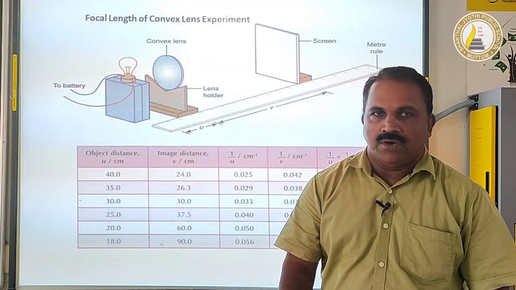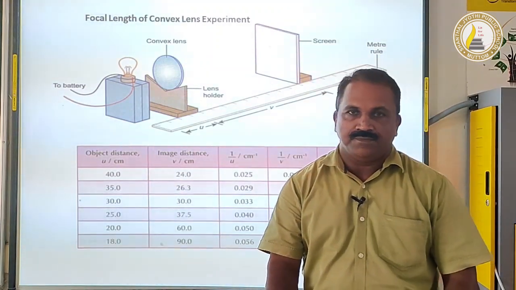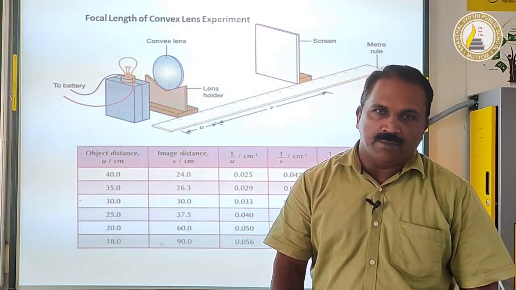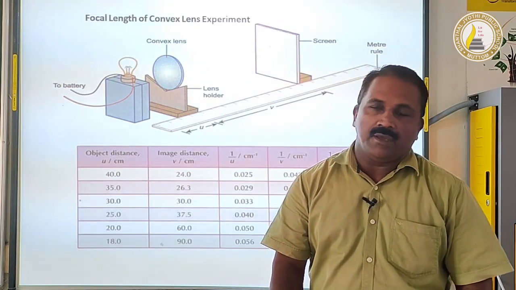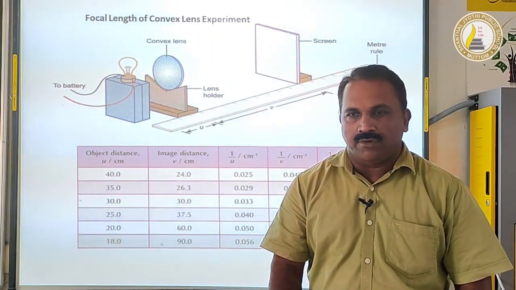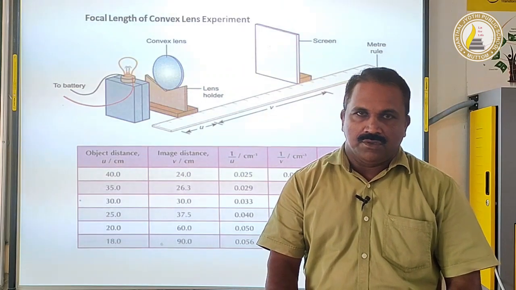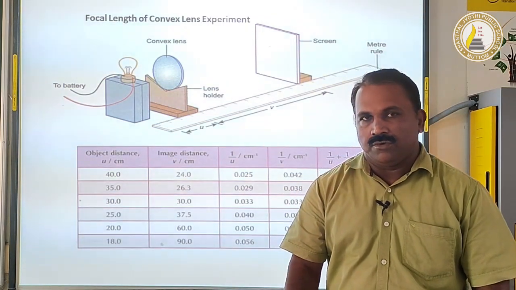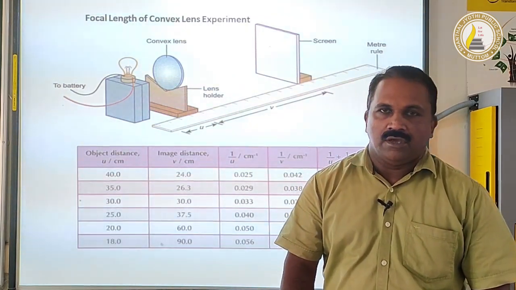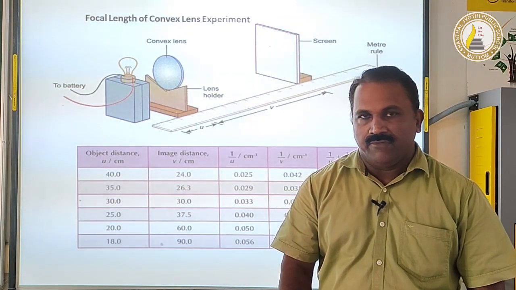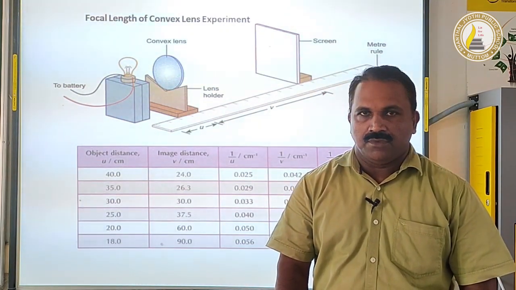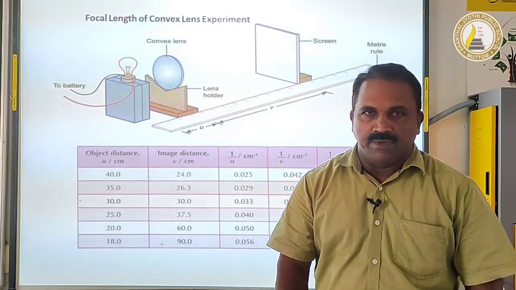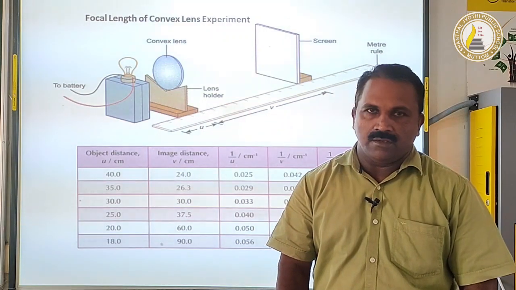Already you have studied lens, the image formation of a lens, image formation of a plane mirror, image formation of a concave lens and convex lens. So first we can discuss, and I will show you how to find out the focal length of a given convex lens. So you can listen to this activity, or this practical.